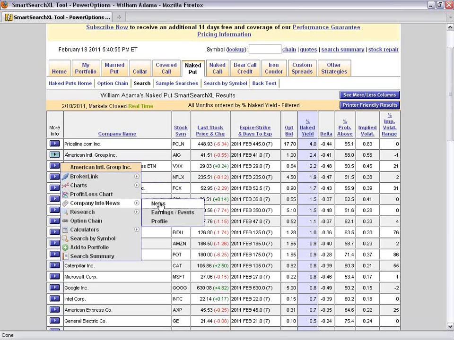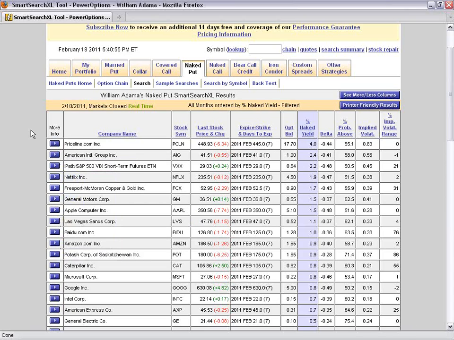I'll look at the company information, the news, the earnings events, and a profile. I already said in my personal research I would have negated the AIG position even though it has one of the best returns because earnings are coming up between now and next Friday's expiration on the 24th. And I also, of course, would have looked at the profit and loss chart to run some of my what-if scenarios, look deeper into that stock research and option research tool to see more data on both the option and the stock. And I might have compared it to other strikes as well. What is the 40 strike offering? Does that still match my naked yield goals for a weekly option, or maybe even the 39 strike?